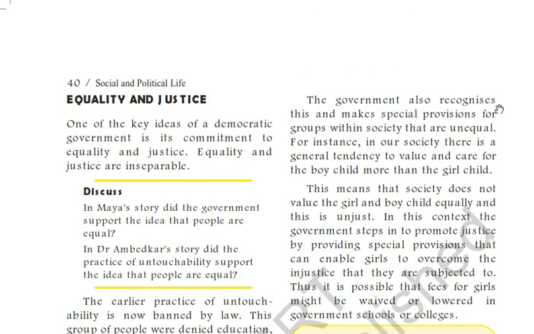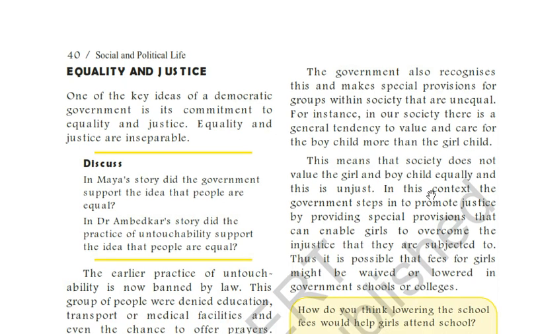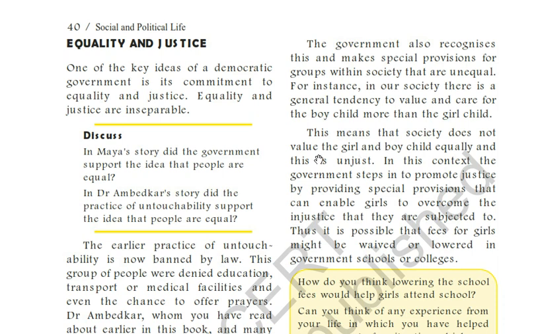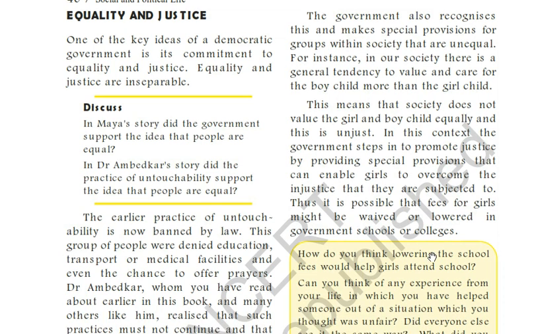The government also recognizes this and makes special provisions for groups within society that are unequal. For instance, in our society, there is a general tendency to value and care for a boy child more than a girl child. This means that society does not value the girl and boy child equally, and this is unjust. In this context, the government steps in to promote justice by providing special provisions that can enable girls to overcome the injustice that they are subjected to. Thus, it is possible that fees for girls might be waived or lowered in